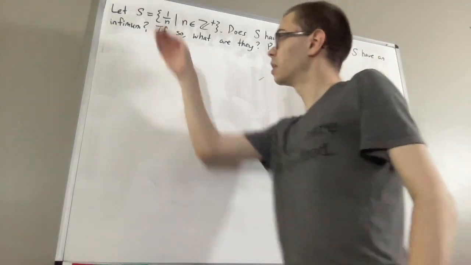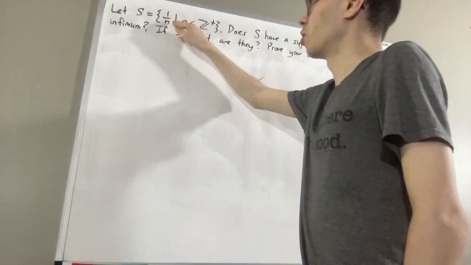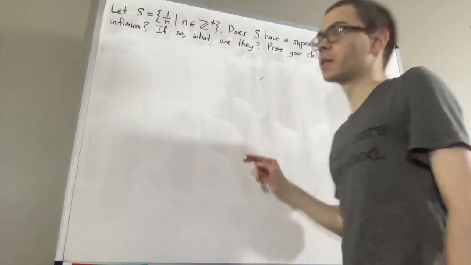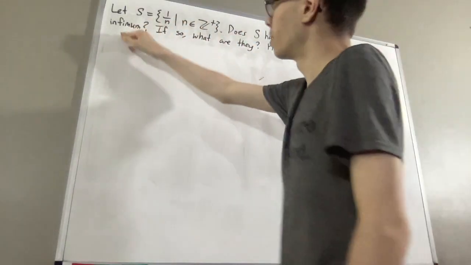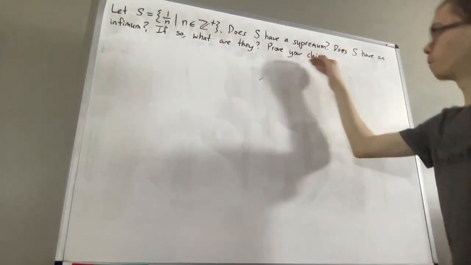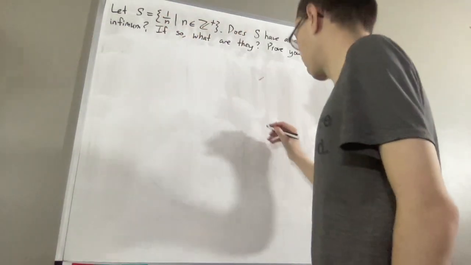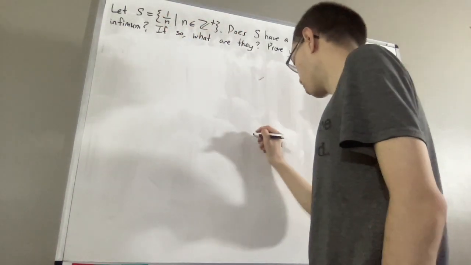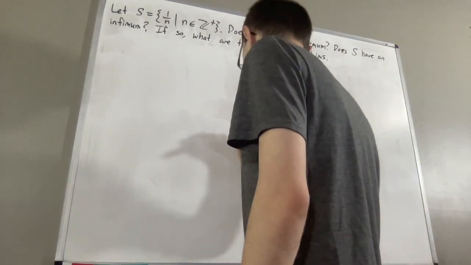So for this example, let S be the set of real numbers of the form 1 over n, where n is a positive integer. Does S have a supremum? Does S have an infimum? If so, what are they? Prove your claims. So if we just visualize what this set looks like, we have 1, then 1/2, and 1/3,